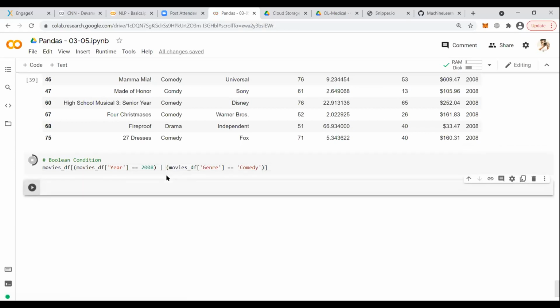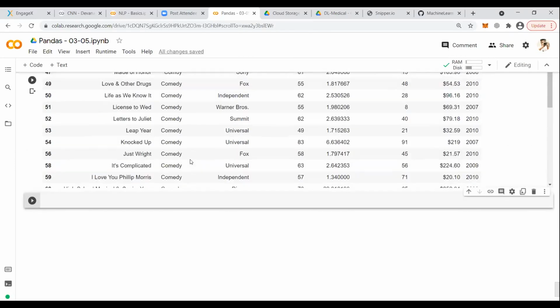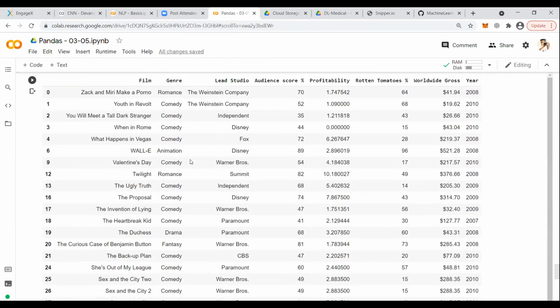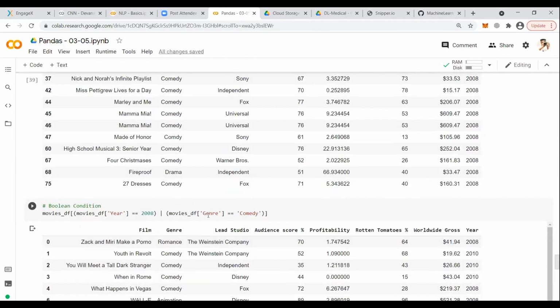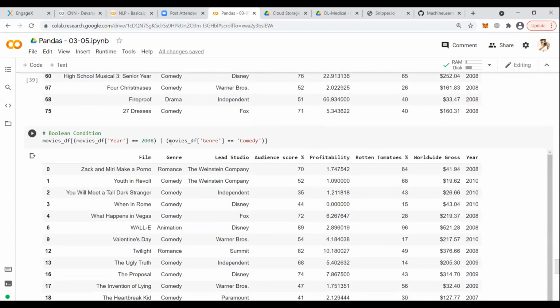And where I will execute. So there you go. All these movies which you are seeing here: we are comparing genre equals to comedy or year equals to 2008. So any one of these conditions should be true.